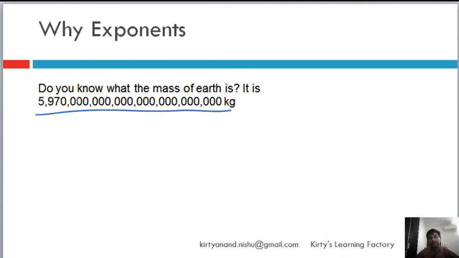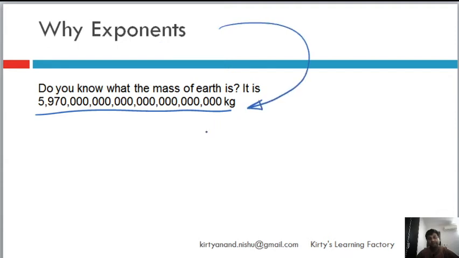Now if I have to count the places, it will take me a lot of time, and there are many numbers of significance whose value is very high. They are really large numbers. For example, I could ask what is the mass of the Sun, or what could be the mass of the solar system, just to tell you some of these numbers. Obviously when you are writing it, it's so inconvenient to put the whole number up, and therefore exponents were